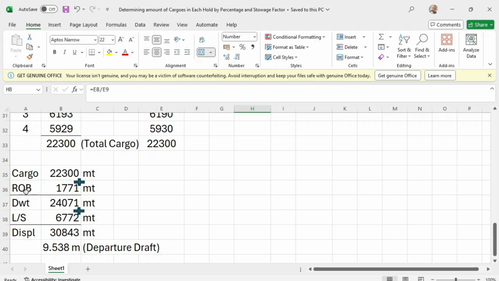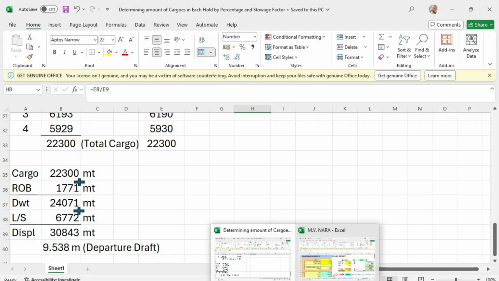Assuming this is your remaining on board or weights on board of 1771, you add this one, then your dead weight will be 24071. From your dead weight, you add your light ship of 6772, and your total displacement will be